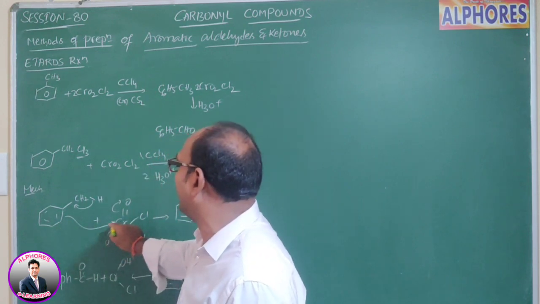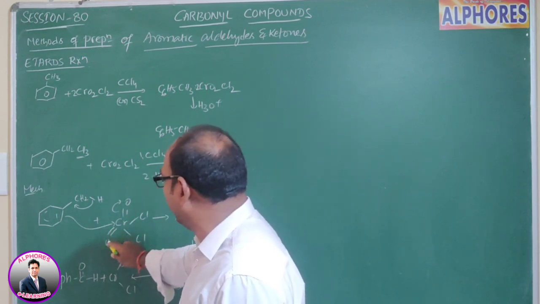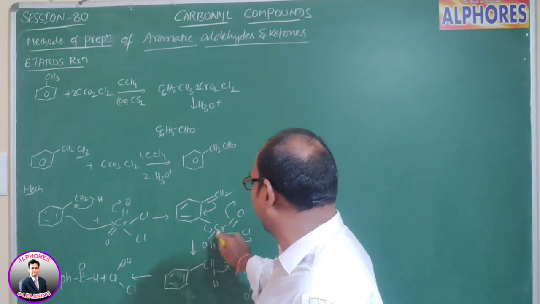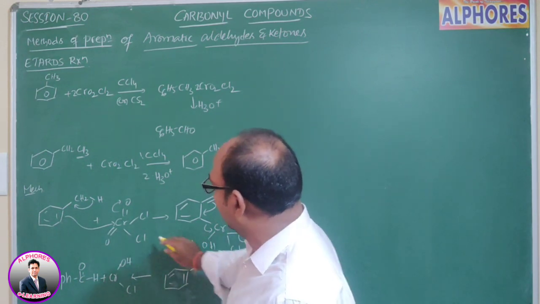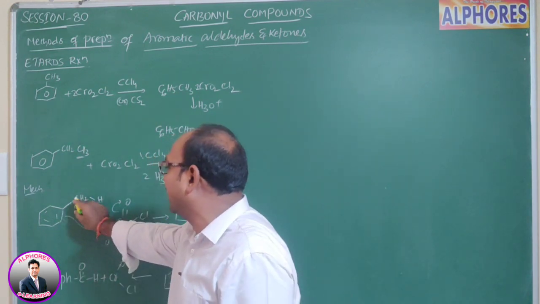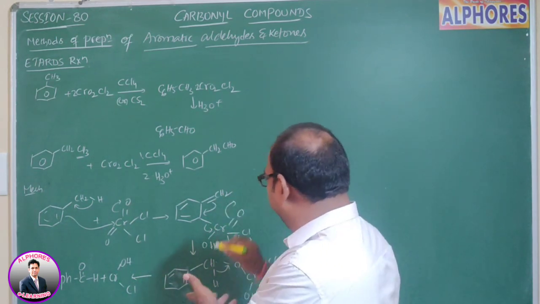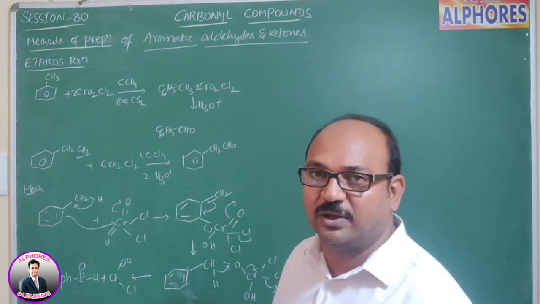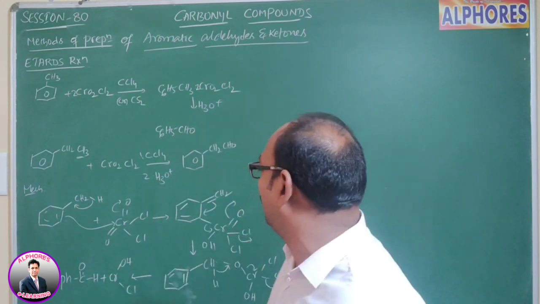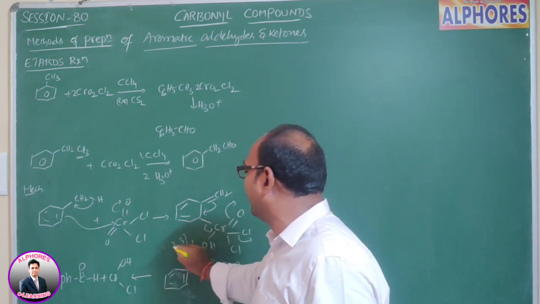That means there is a new bond formation between this carbon and chromium, and this chromium now has one double bond O, and the other double bond O converts into OH. It retains only one double bond O, with the remaining two chlorines as such, and now between the ring-containing carbon and this carbon, a double bond forms. After this there is a rearrangement, a special type of rearrangement that we call sigmatropic rearrangement, the 2,3 sigmatropic rearrangement.